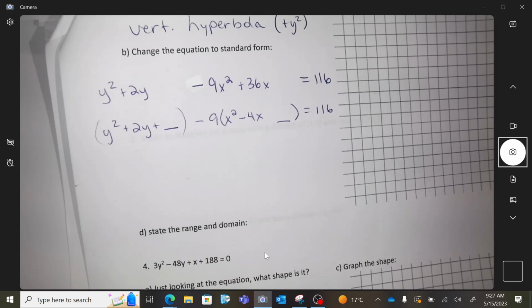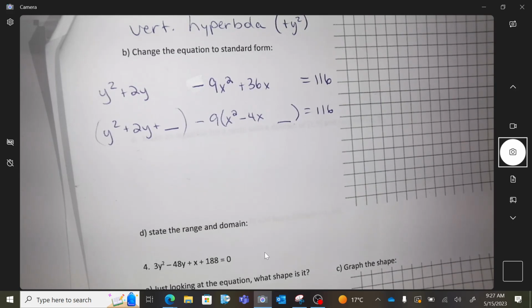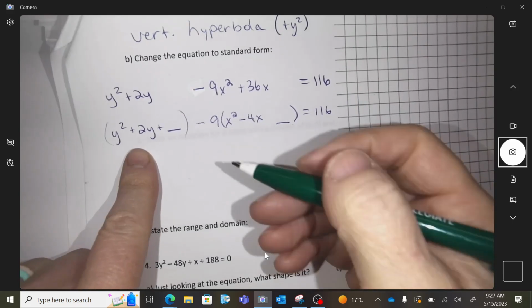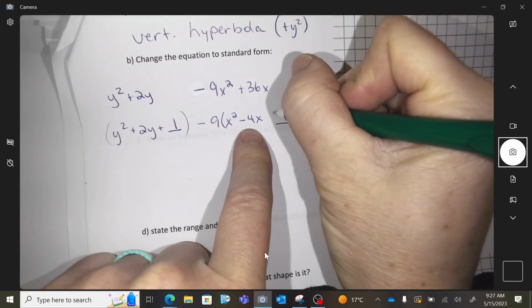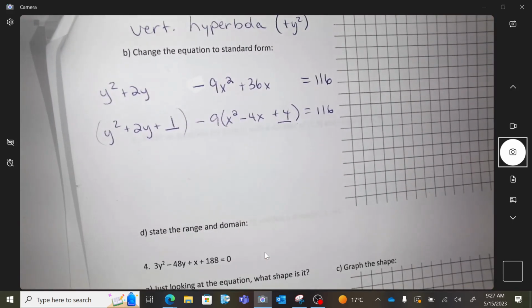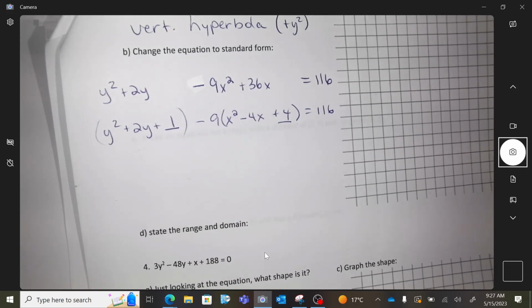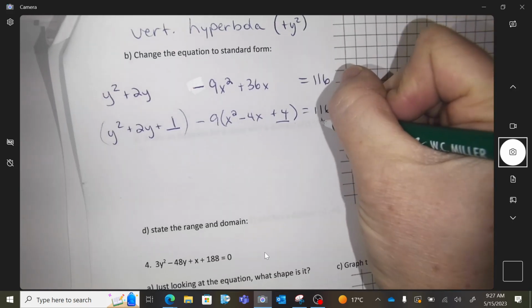Okay, so you can see the y trinomial, and then onto the x trinomial, I need you to get the -9 out of it. Okay, and then you're ready for your blanks once you have your simple trinomial. So divide by 2 and squared. Okay, think about what you need to balance it out. You're going to have to do a +1